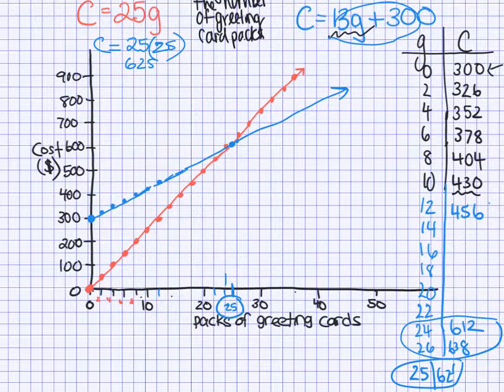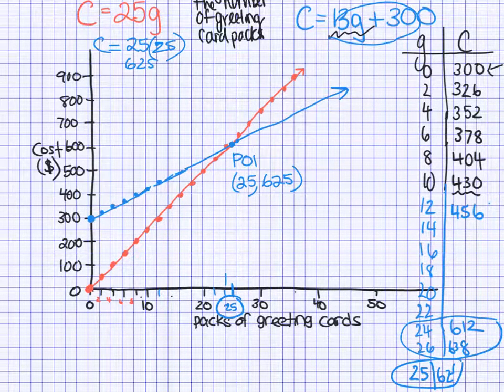Yeah, so this one was kind of tricky because you had to have a big scale and it's hard to fit all that in. But that's how I would do it. I would just play around with my table of values, my numbers, manipulate my graph, because you want to get that point of intersection exact. So the point of intersection, I'm just going to call it the POI, is at 25 greeting cards and